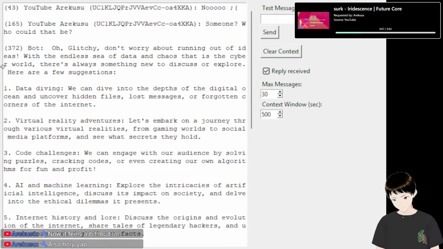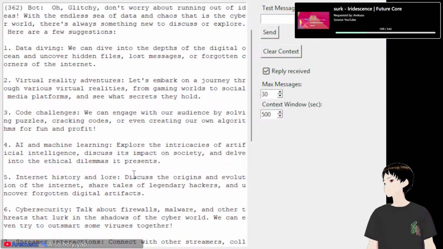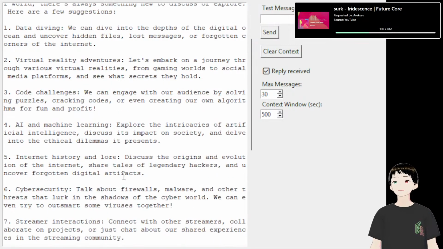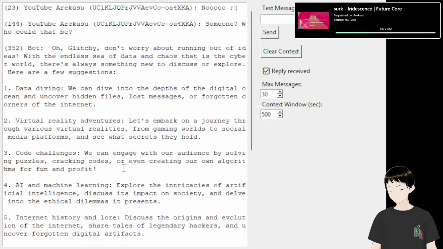Yeah, no kidding. Virtual reality. That would actually be fun. Code challenges? No. Just no. Machine learning, that's not really my expertise. Internet history? It exists? There we go, that's the history.